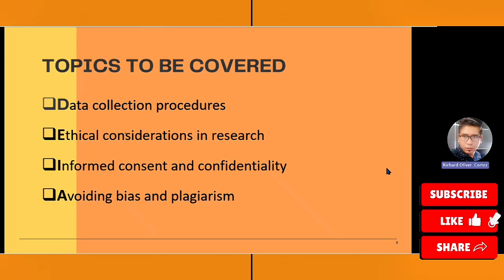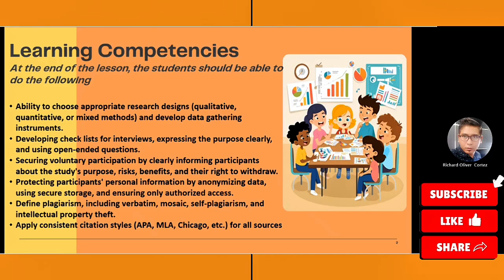And for the learning outcomes, at the end of the lesson, students should be able to do the following: choose an appropriate research design, whether it is qualitative or mixed method. I know we have talked about these methods last time. And develop data gathering instruments, developing or using interviews, expressing the purpose clearly, using open-ended questions, securing voluntary participation and consent, protecting participants' personal info, protecting their privacy, and